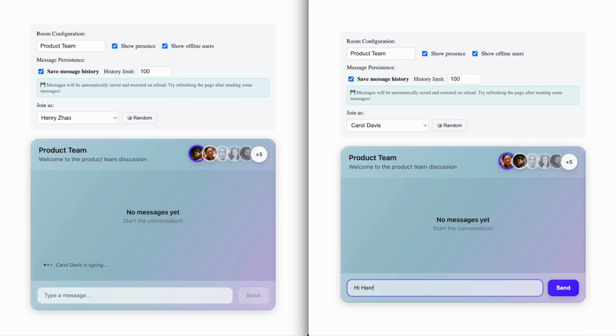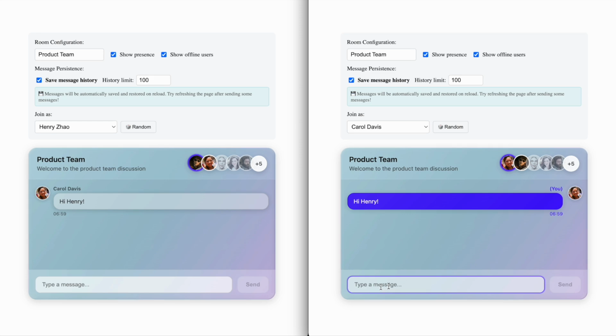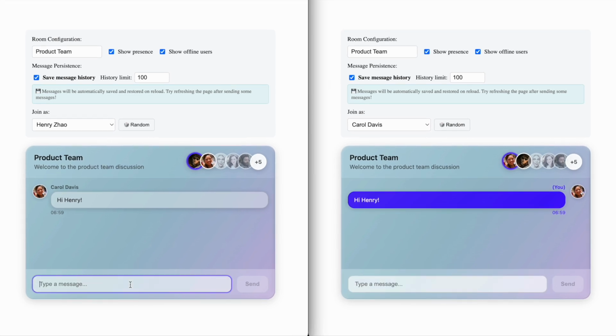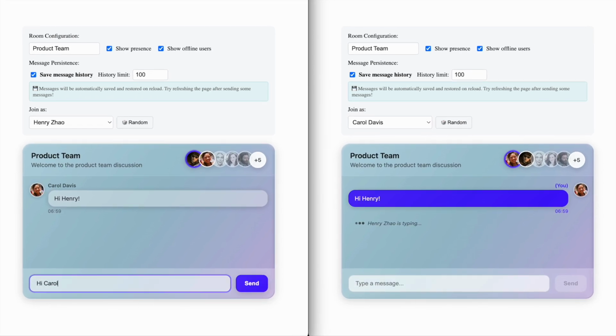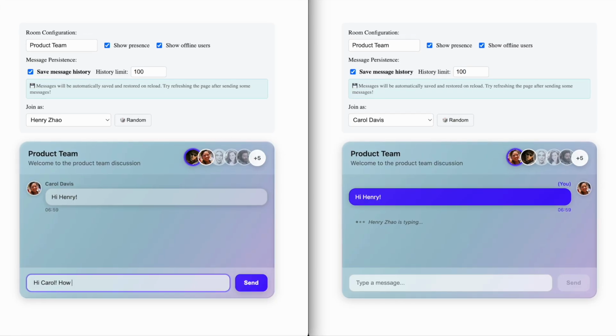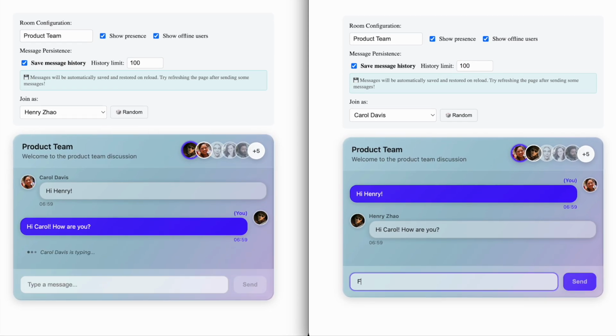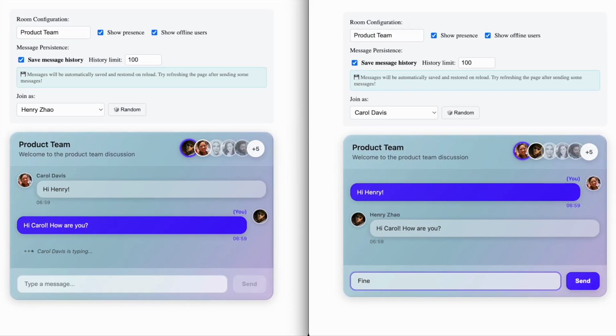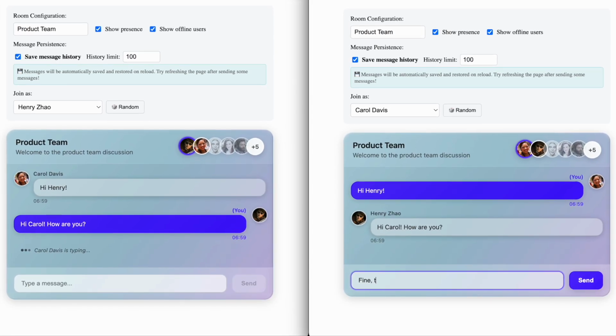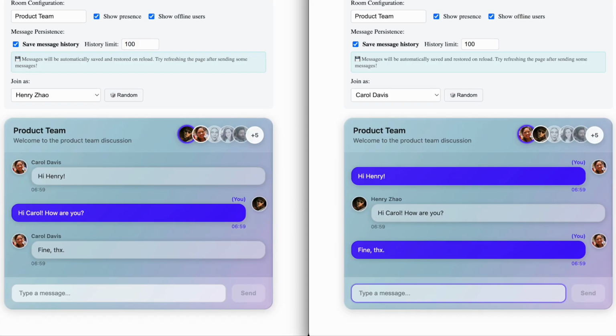2 different users are in the same chat room. The presence pile at the top shows who's online. When one user starts typing, the typing indicator appears instantly for the other. Messages are sent and received in real time, and you can even add persistence to save the chat history with